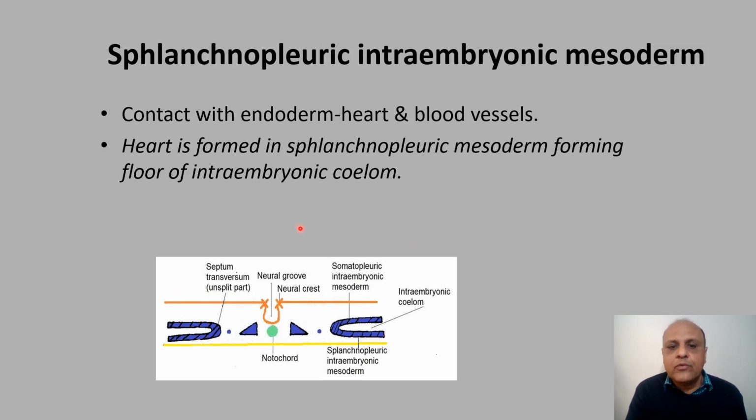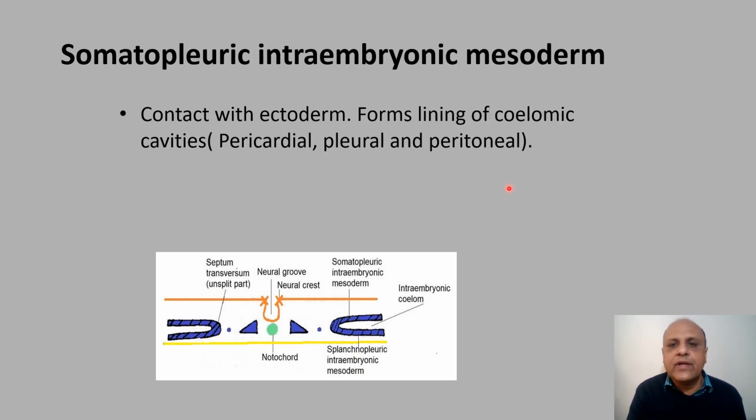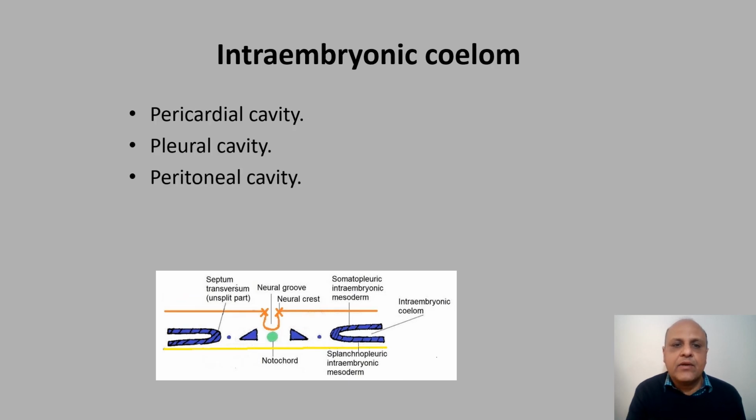Now we come to splanchnopleuric intraembryonic mesoderm. So this one here, which is in contact with endoderm, forms the heart and blood vessels, and we state that the heart is formed in splanchnopleuric mesoderm forming floor of intraembryonic coelom. So in this area the heart is formed. Now somatopleuric intraembryonic mesoderm forms lining of the cavities, the pericardial, pleural and peritoneal cavities. So somatopleuric intraembryonic mesoderm forms the lining of the cavities, and the intraembryonic coelom by itself forms the pericardial,